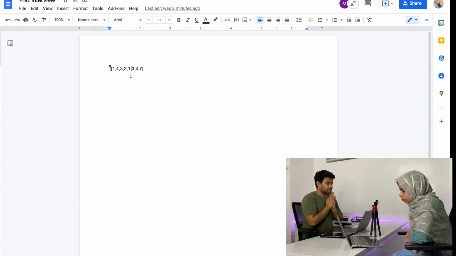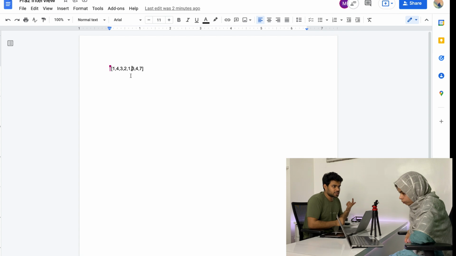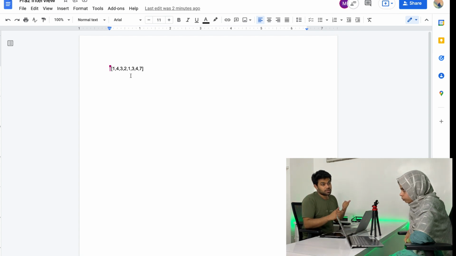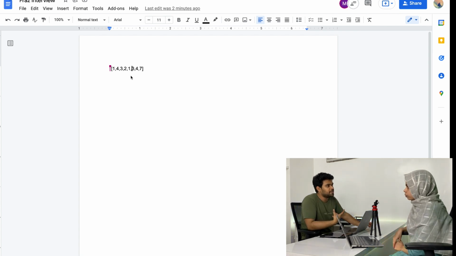So that could be done by removing from the front with the help of a deque. I think deque is the structure in which we can remove from the front in big O of 1, right? And a queue can also help in this case, but inserting from the back and popping from the back is difficult inside a queue, right? So yeah, we can keep a deque.